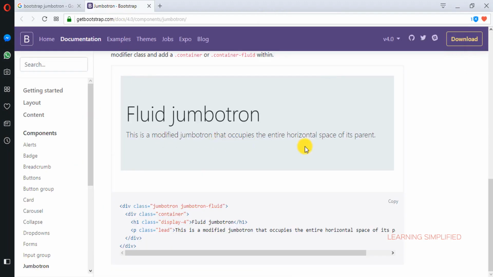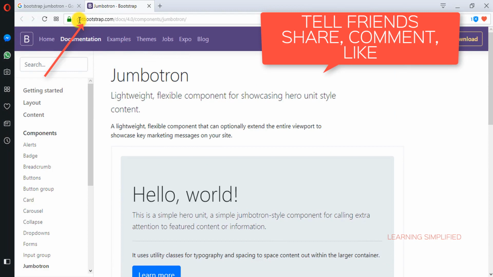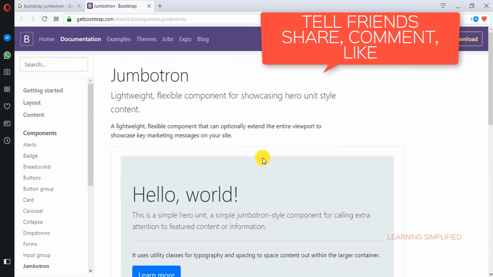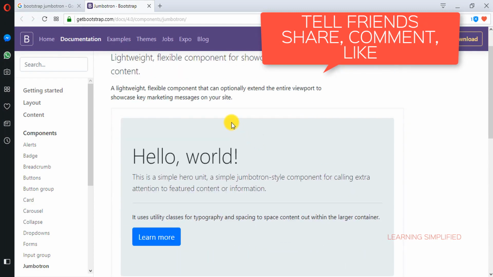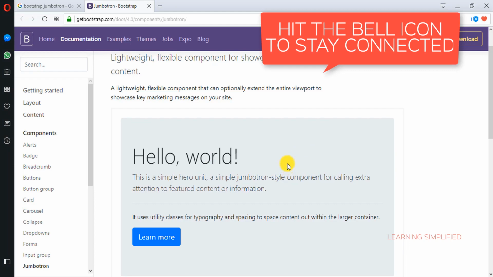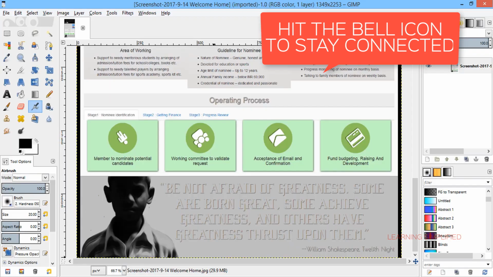So we will be right clicking it and we will be reaching this particular part, which is known as Jumbotron. This is the official website of the Bootstrap Responsive Framework. Now from here we can see that there are two segments. In the first segment we can see that this is a normal or container oriented Bootstrap Jumbotron that will be taking a 1200 pixel width, but we need to create a Jumbotron which is something like this one.